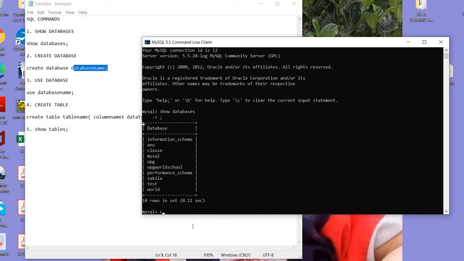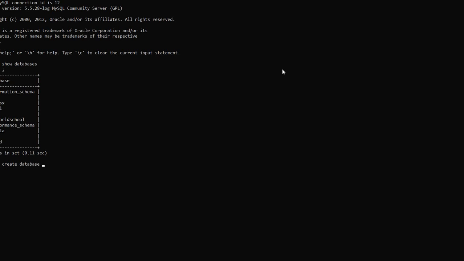So I'm writing the command create database, space, database name. I'm just writing school. This is my database name, then the semicolon.